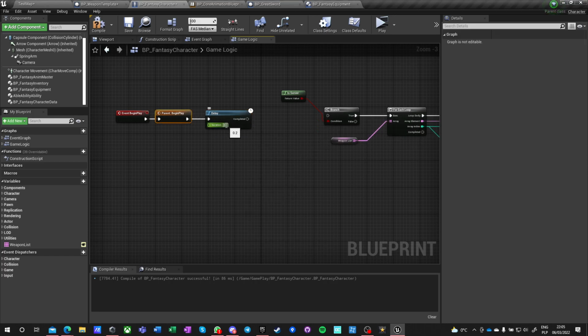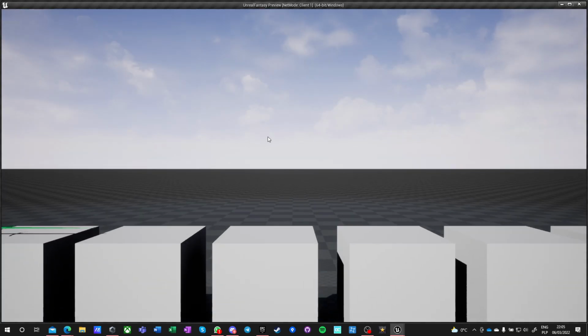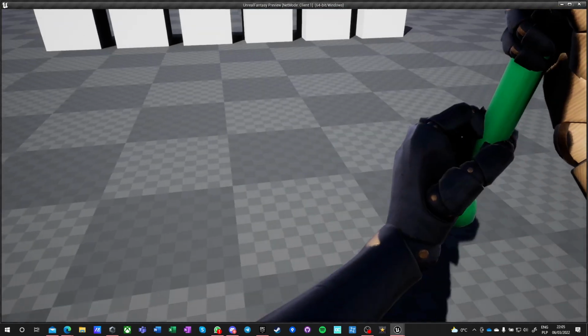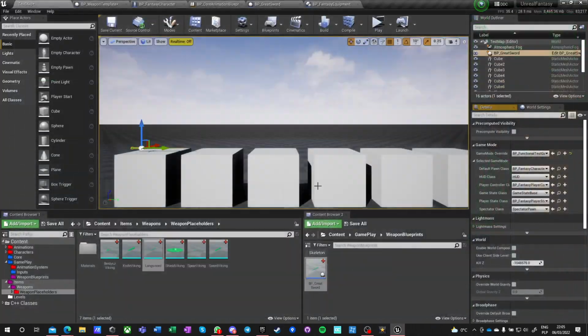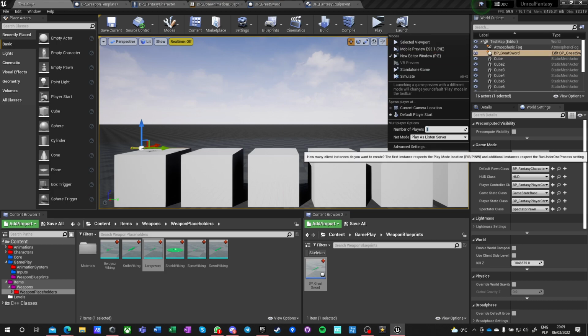What if we do a delay of half a second after spawn? It might be it. Yeah, it's starting to get more reliable. And if I play as listen client and 3,